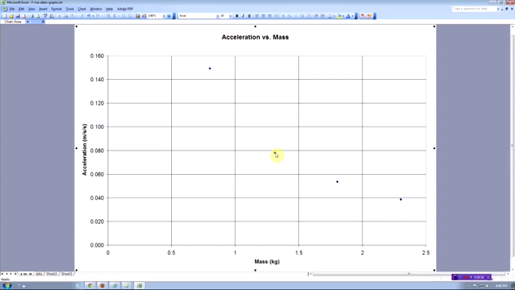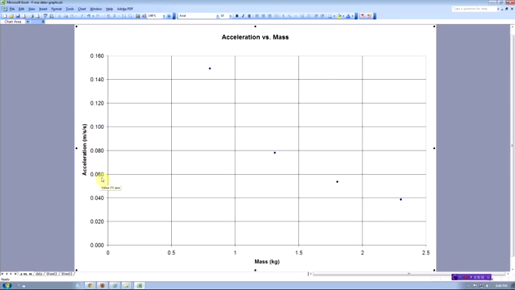You could try to fit a line to it, but it's not going to fit very well. In this case I happen to know that this looks like a y is proportional to 1 over x type of graph because of the way it curves this way. So the goal of this exercise is to try to linearize your data, which is to plot it until you get something that looks like a straight line, because once you get something that looks like a straight line, it'll tell you that your y variable is proportional